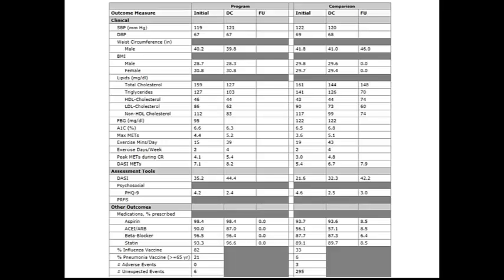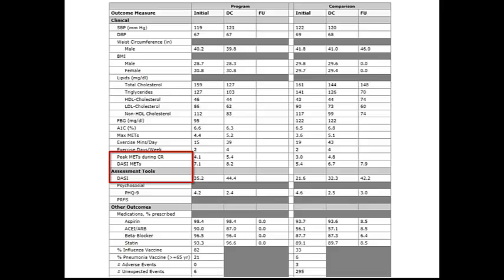And I generally look at areas or measures where we have some control or maybe some interest. We're doing maybe a quality improvement project, and we want to see if we're having any impact on that particular measure. For instance, I might look at LDL cholesterol. That's an important goal for many of our patients. And here again, I just look at our numbers. Are they changing appropriately? And how do they compare with the comparison group? I might look at exercise behaviors. And again, compare our numbers. They're going up appropriately, and they're pretty similar to the comparison group.